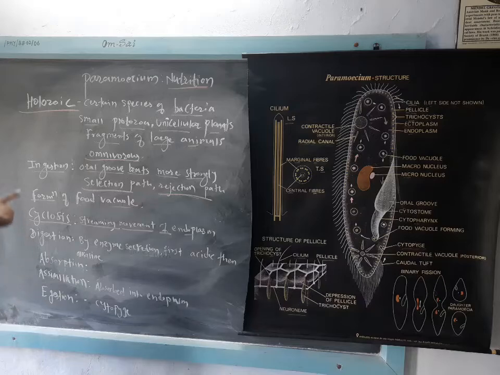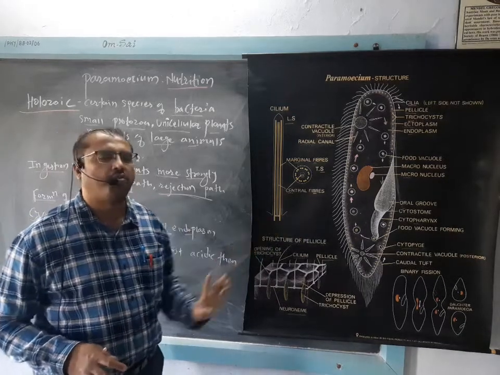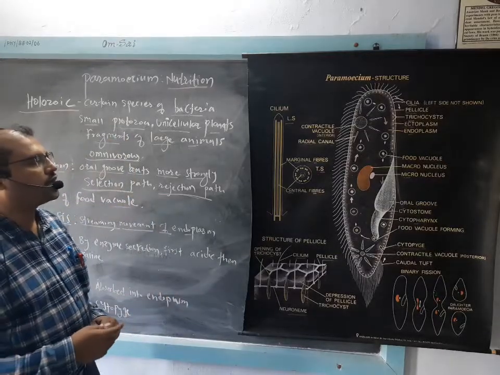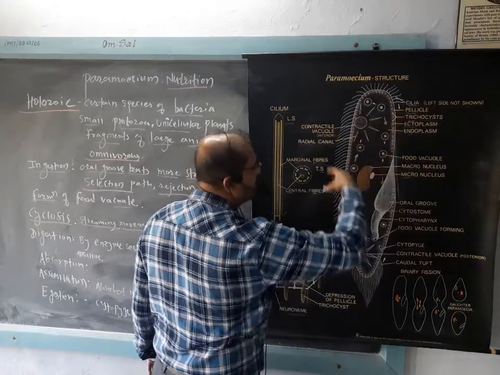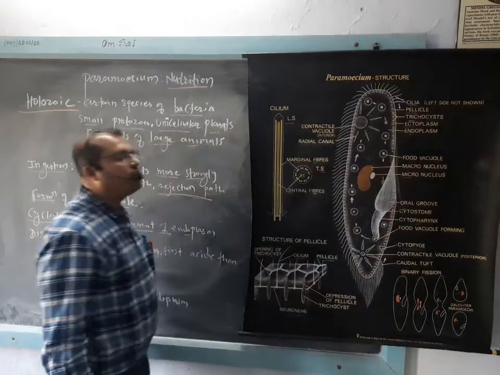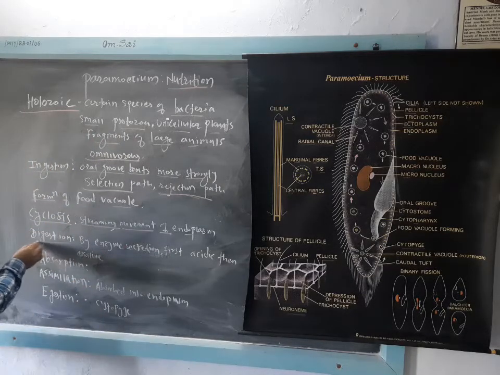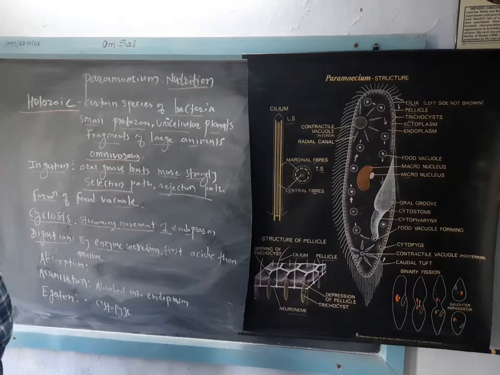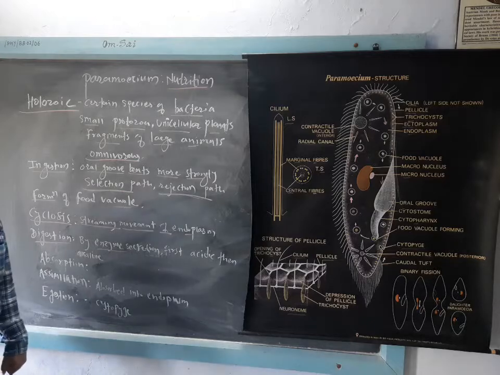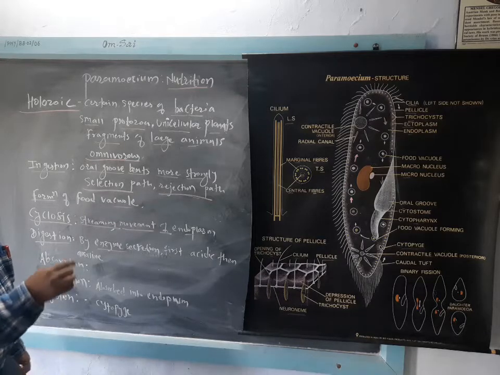For that purpose, the food vacuole is circulated in a cyclic manner through the endoplasm, which allows it to pass in this cyclic manner. So likewise, the food is circulated. Now, at the time of circulation, or cyclosis, digestion occurs by the secretion of enzymes, the enzymatic action from this endoplasm. Then the pH changes, and first